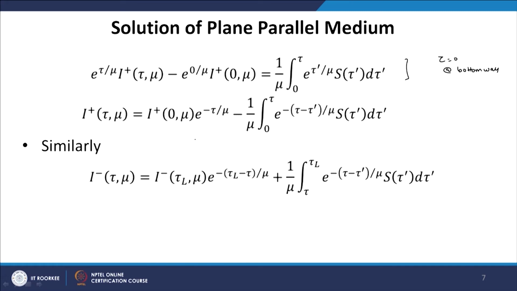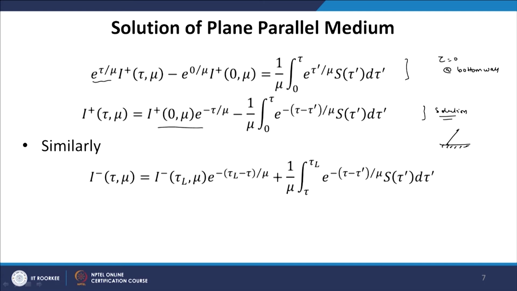If we simplify by dividing by e^(-τ/μ) on both left and right hand sides, we get I⁺(τ, μ) = I⁺(0, μ), that is the boundary condition, e^(-τ/μ) plus 1/μ ∫ from 0 to τ of e^(-(τ-τ')/μ) S(τ') dτ'. So, this is the solution of the equation of radiative transfer for any wave starting from the bottom surface